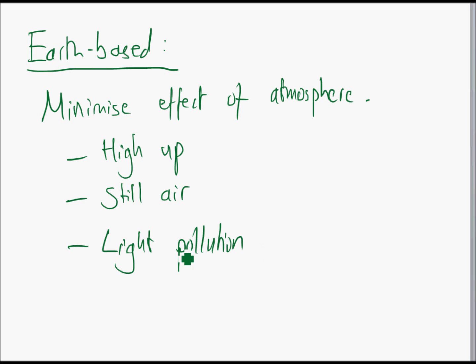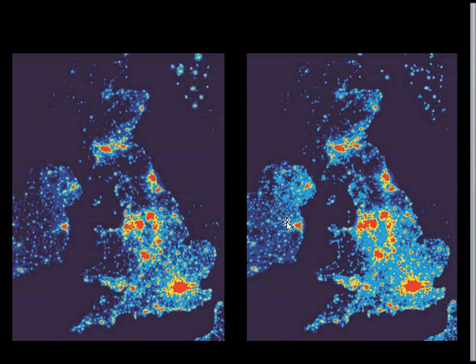What do I mean by light pollution? Hopefully you could explain this. But look, here's an example. We've got two pictures of the United Kingdom showing light pollution. This is pictures of the Earth taken from space at night. This one on the left is from 1993 and the one on the right is from 2000. You can see that, so look up here in Northern Ireland, for example, it's definitely brighter here. London is bigger. We're becoming more electrified and there's much more light pollution, and this poses a problem for scientists,